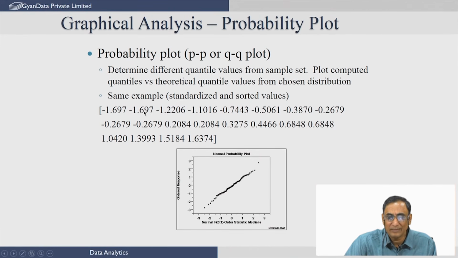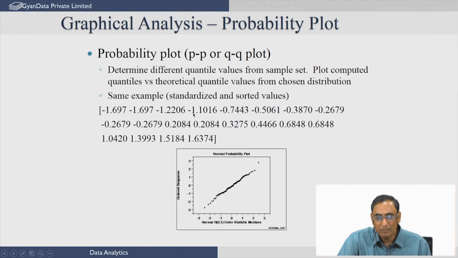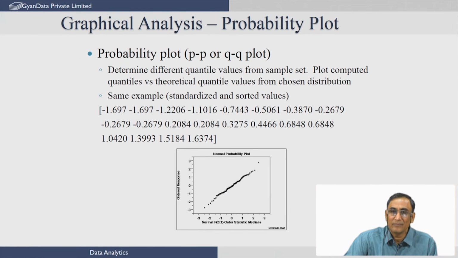So minus 1.679 represents the 10% quantile. Similarly, minus 1.1016 represents the 20% quantile, and so on and so forth. For example, the 50% quantile, or the median quantile, in the standardized measure will be around 0, close to 0. Notice that for a normal distribution, 50% of the data will lie below 0, and that is what this